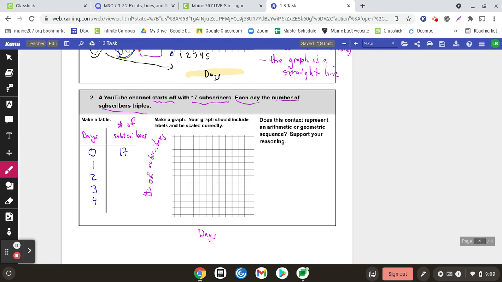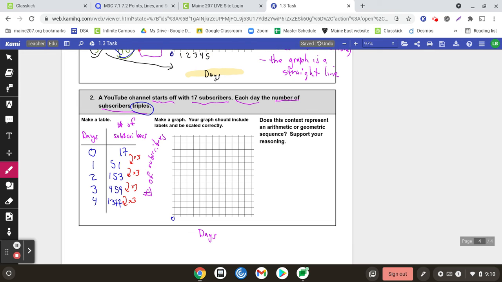Each day the number of subscribers triples. So doesn't triple mean multiply by 3? So times 3 each time. So I'm going to remind myself I'm multiplying by 3 each time. So 17 times 3 is 51. 51 times 3 is 153. 153 times 3 is 459. And last but not least, I will get what? 1377? So if I were to label these numbers, it's pretty easy to say the days, the x-axis, the input numbers, the scaling 0, 1, 2, 3, 4,